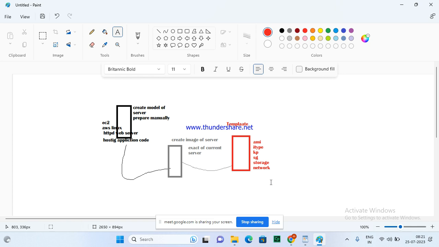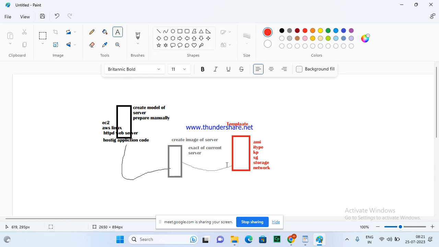As we know, while launching an EC2 machine, you'll find a lot of arguments. What instance type do you require? What operating system do you require, Linux, Windows, or what? How much RAM, how much CPU is required? The template contains all the launching information, the launching configuration. Everything will be done by the template.